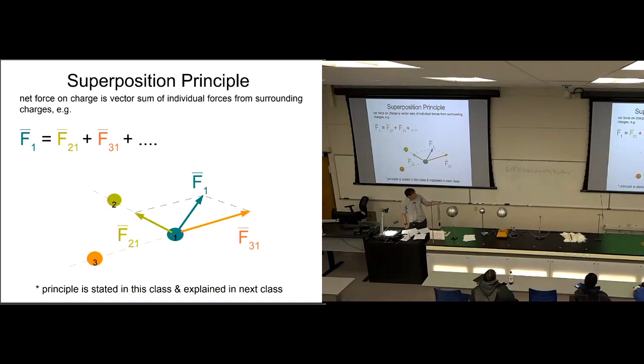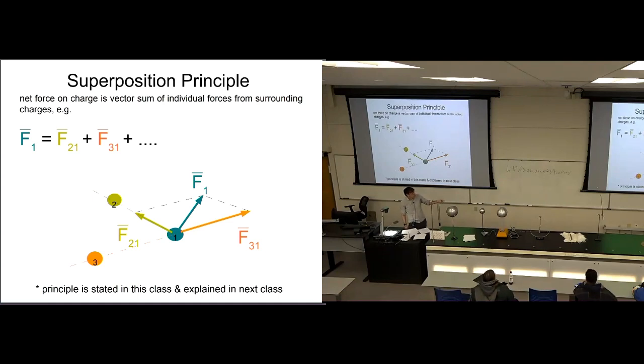In olive here, I pictured the force due to charge number 2. Remember, it's going to be along the line between the 2 charges, and it must be opposite charge because it's attractive here, you see. And I also pictured the force between the orange charge and the teal charge. That's this orange arrow here. Again, it's along the line, but these must be like charges, so it's a